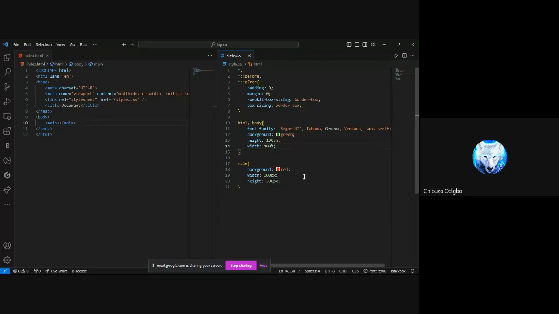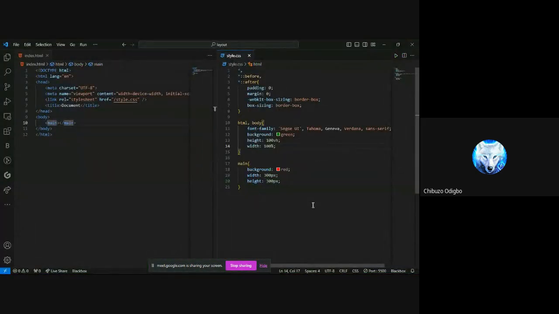Flexbox works predominantly on parent and child communication. The parent dictates to the child how the child stays in your component. The parent element is the body tag, while the child element is the main tag. Now let's say that I want to put this main tag in the center. So using my flex, I will do this: